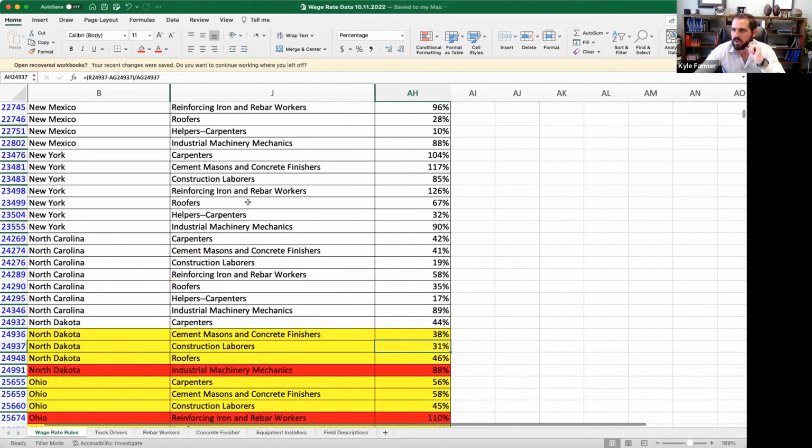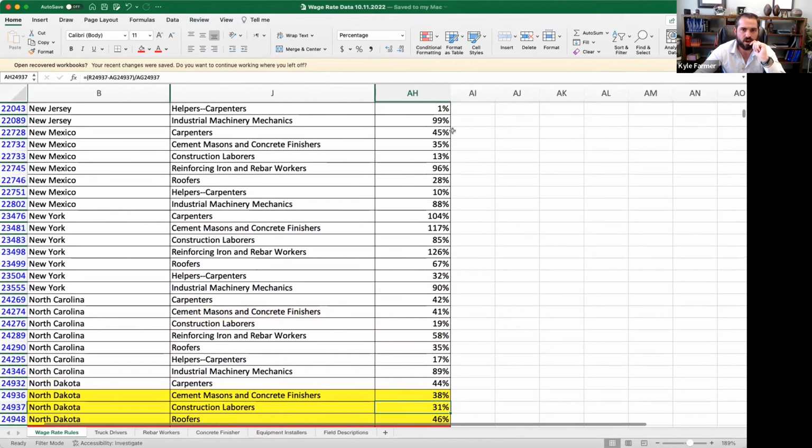And I'm happy to send those afterwards if you send us a message. All right, Missouri. Oh, wait, sorry, New Mexico. Let's do New Mexico first. All right, New Mexico, not too bad, although the rebar workers, so your concrete is going to be expensive in New Mexico, because normally a concrete company would have the same people do the actual rebar work as they would the concrete work. And so they would assign the 96% to all of that. Everything else, though, is relatively modest,